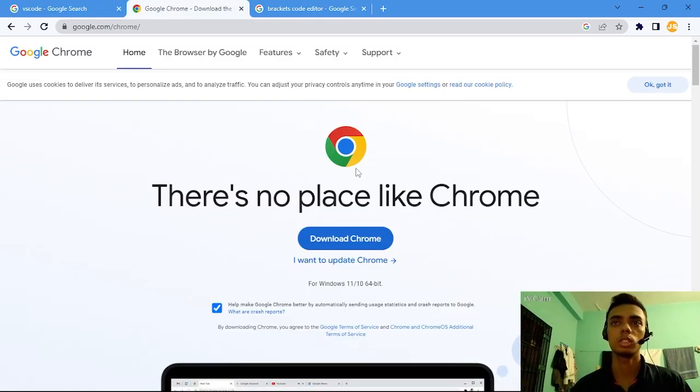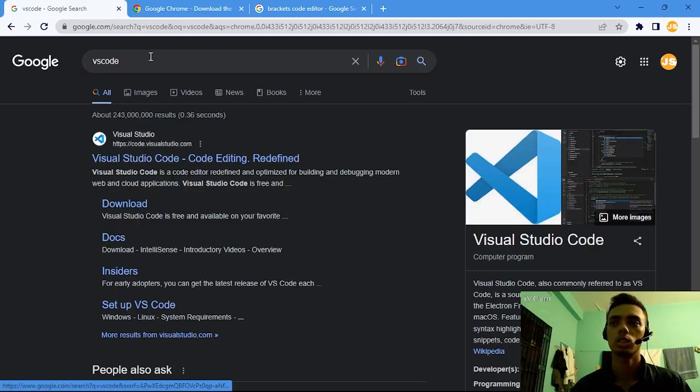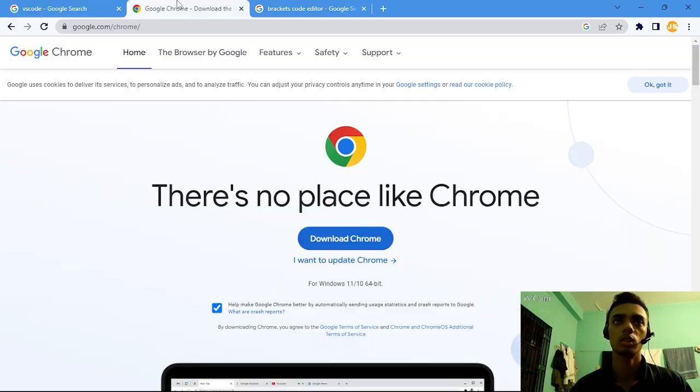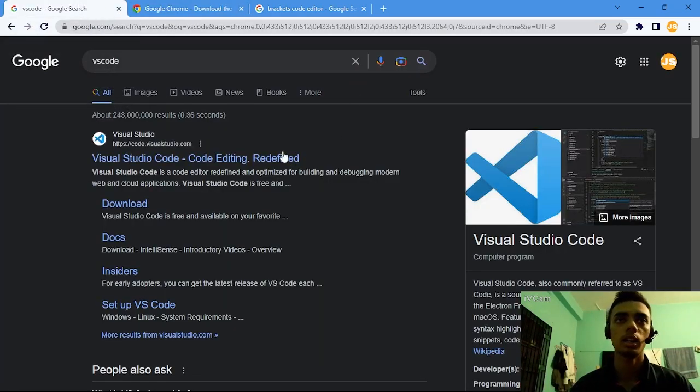So first install Google Chrome, and the second one is install VS Code. I guess you can do that. If you can't, then search for it on the internet, and you will be able to install them too. After installing them, set up Google Chrome with your IDs or something. And I'm going to show you something else: after installing VS Code, we need to install